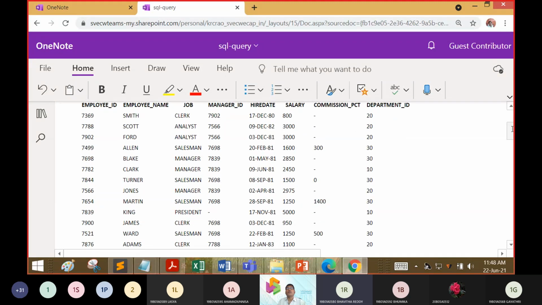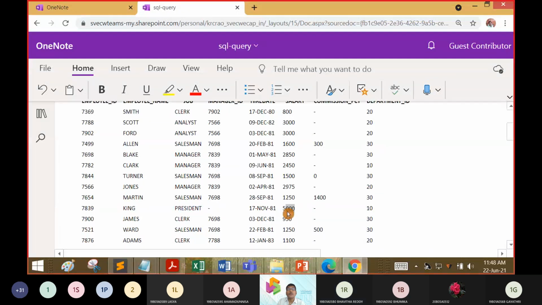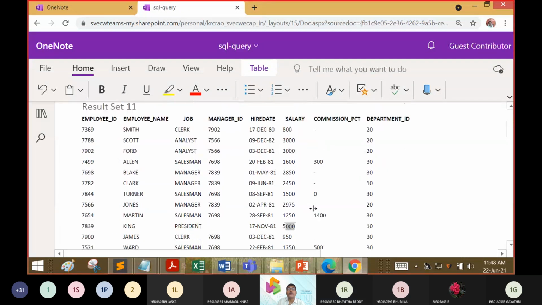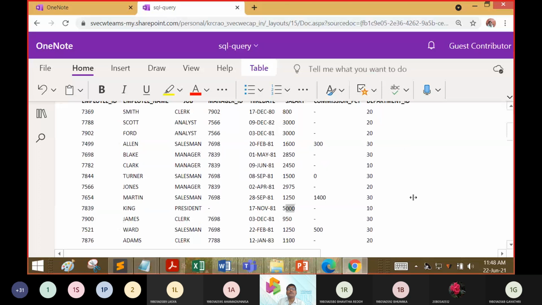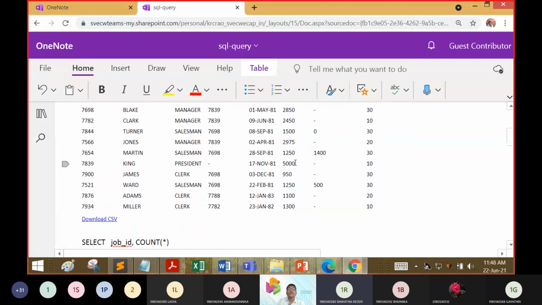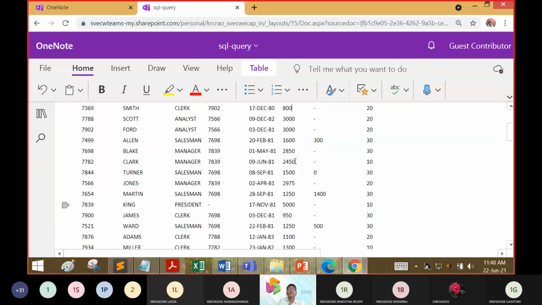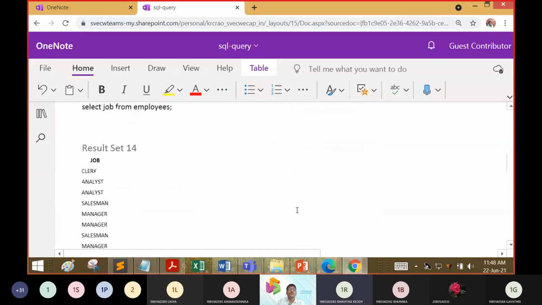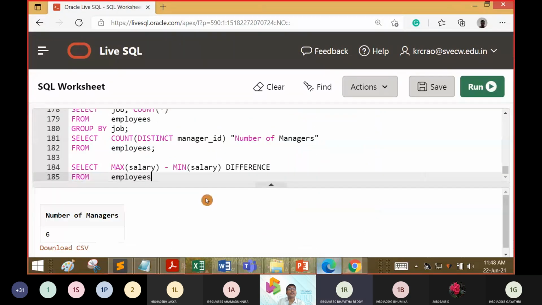Now see the table. What is the max value and what is the min value? Max value is 5,000, sir. Min value is 800, sir. So what is the answer? 4,200, sir. 4,200 is your expected answer.